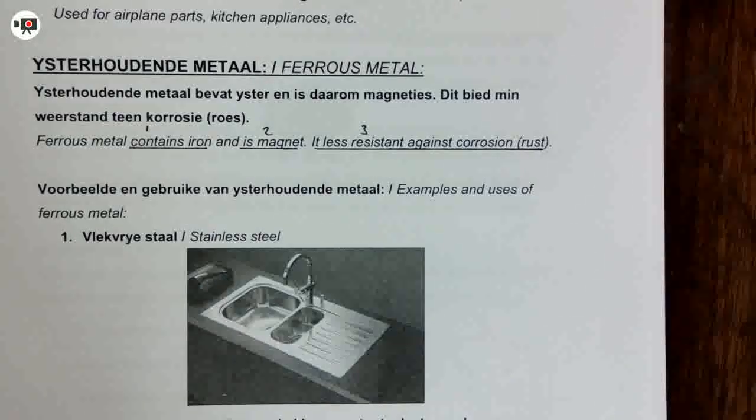Just one more small piece of advice for the last 2 topics, non-ferrous and ferrous metals. If you can remember the characteristics of one type, let's say you remember ferrous metal, the characteristics of the other type of metal, in this case non-ferrous metals, will be the exact opposite. So if non-ferrous metal does not contain iron, that means that ferrous metal is going to contain iron. It's just the exact same opposite.